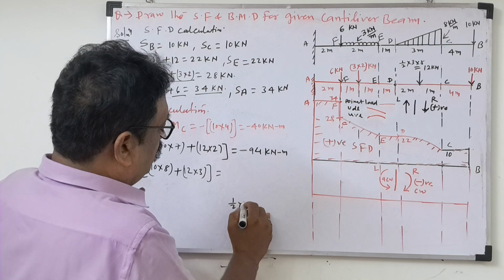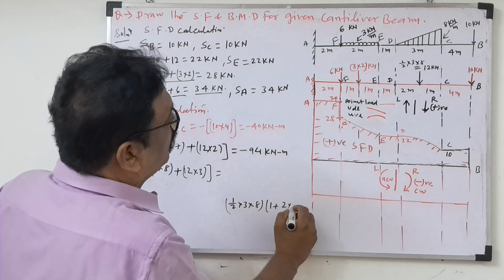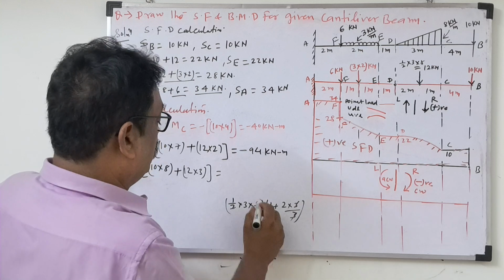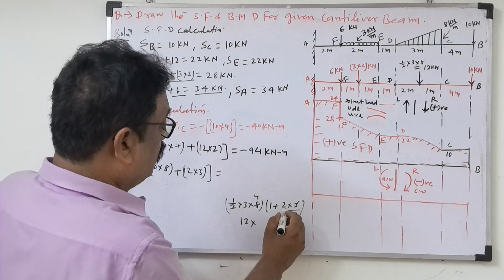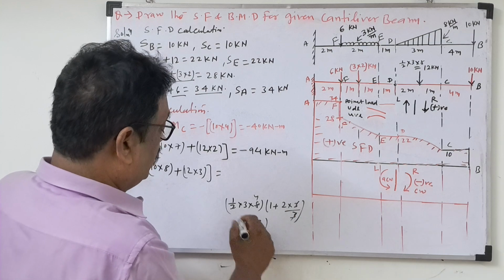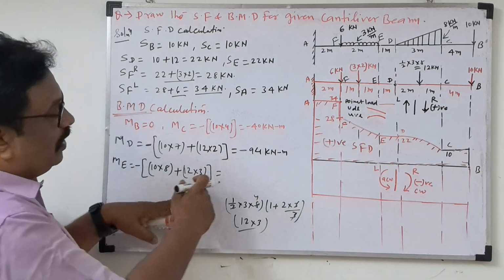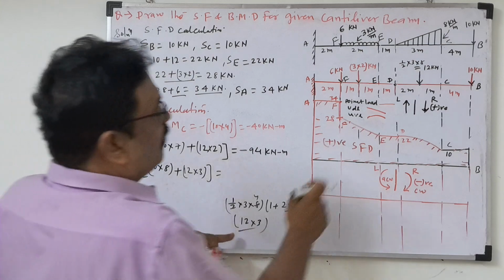1 by 2 into 3 into 8, then distance 1 plus 2 into 3 by 3. So how much is coming? See here. 4 into 3, 12. 12 into 2 plus 1, 3. Coming. So either write this part or 12 into 3. See how easy it is if you are drawing the load diagram, 12 into 3, 12 into 3 coming at E